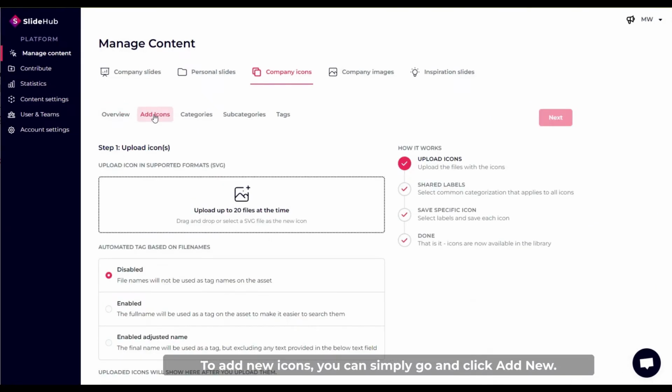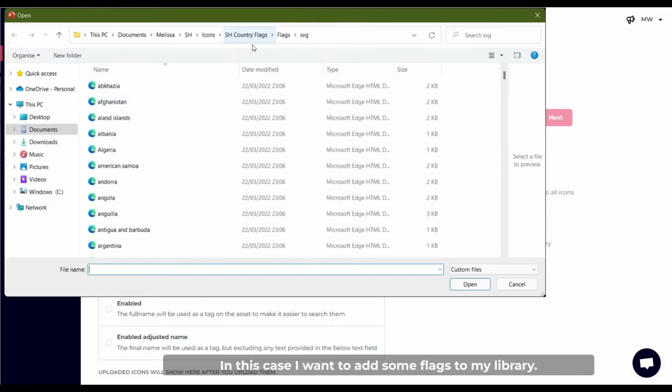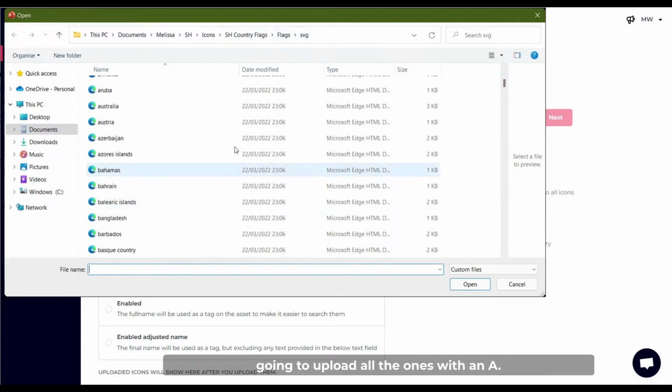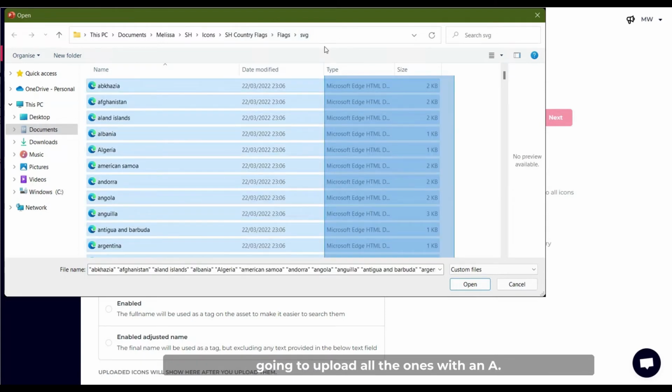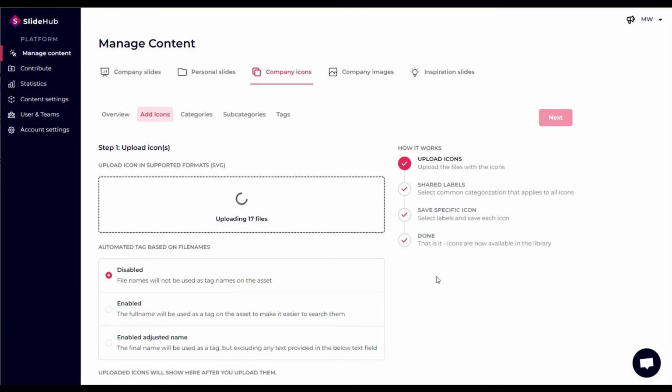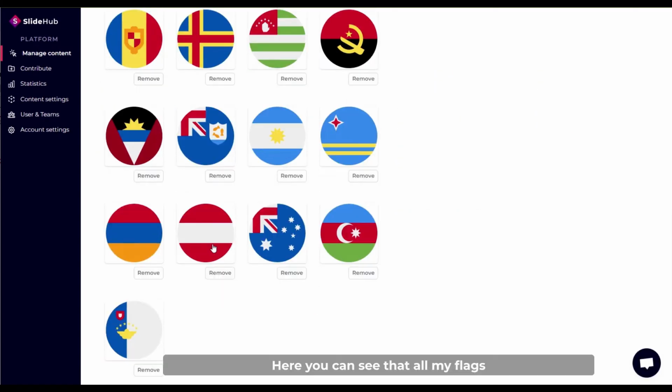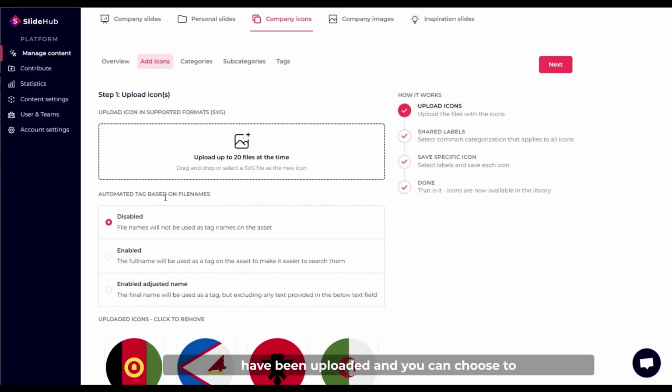To add new icons, you can simply go and click add new. You can upload up to 20 files at once. In this case, I want to add some flags to my library. I already have my folder selected, and I'm just going to upload all the ones with an A. Here you can see that all my flags have been uploaded, and you can choose to tag your files based